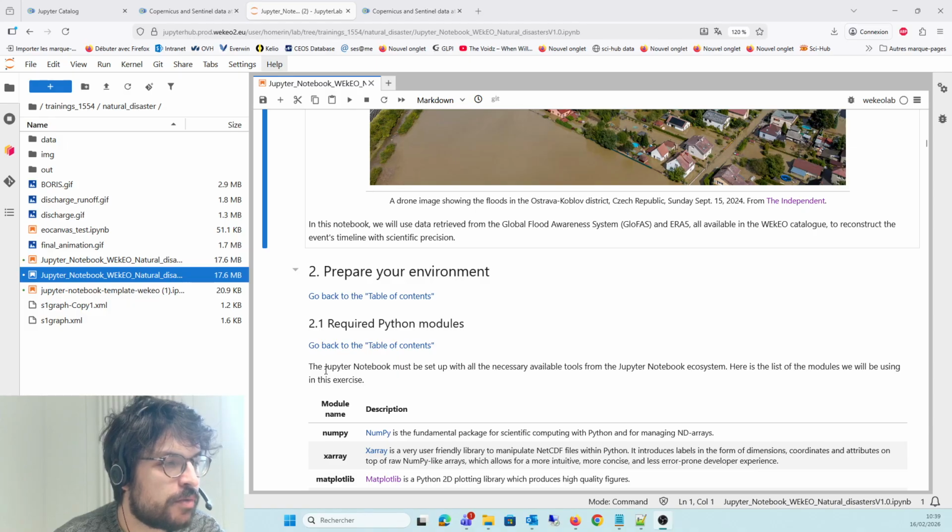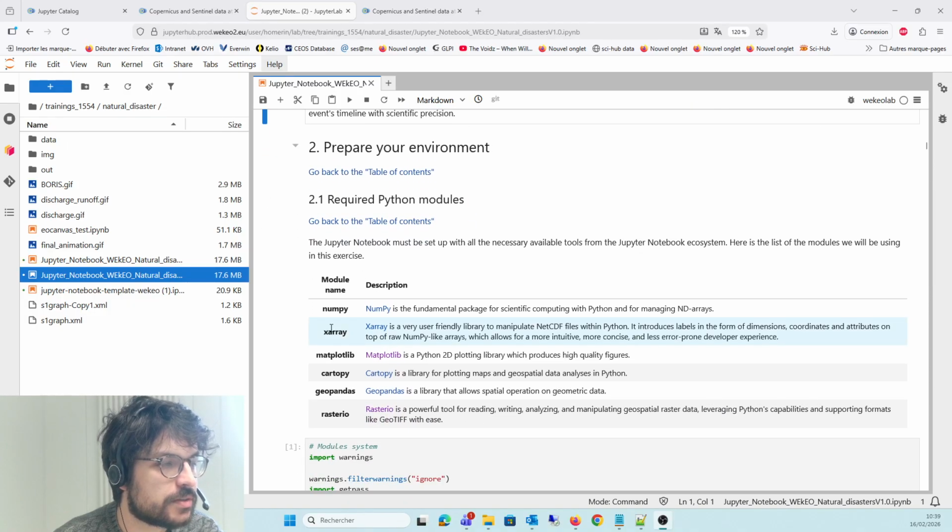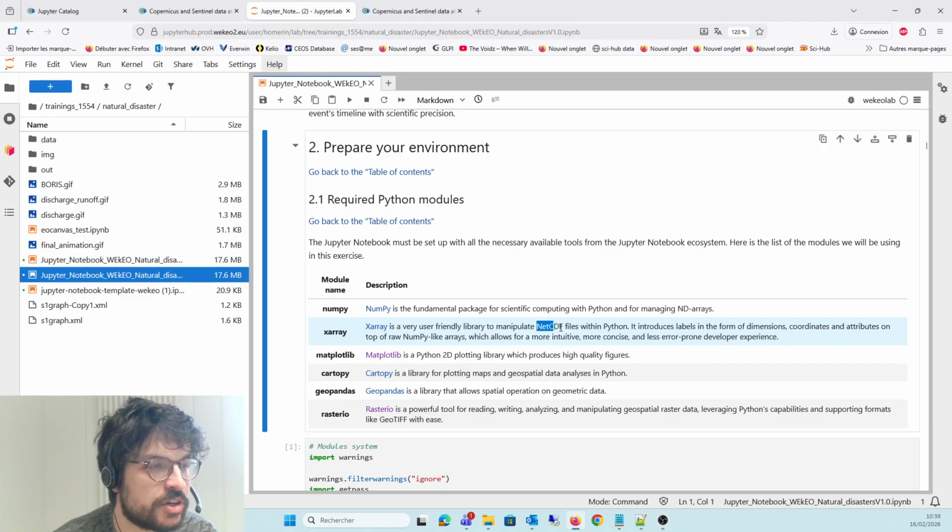So as for the Python modules that we're going to use in this notebook, if you already worked with Python, you are probably already familiar with some of the libraries that we are using here. You probably already know NumPy, which is a fundamental package for scientific computing in Python, especially when working with arrays. So it's probably used in any Python project that exists. Xarray is a very common library when you're working with netcdf files, which is one of the most standard formats